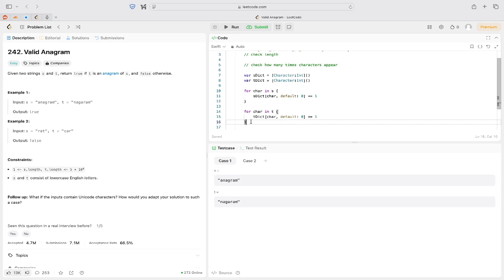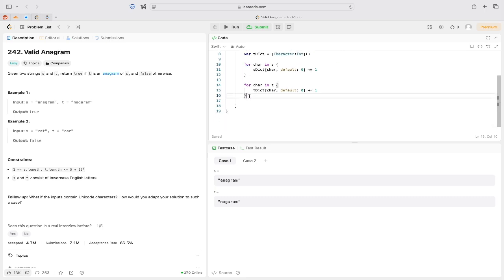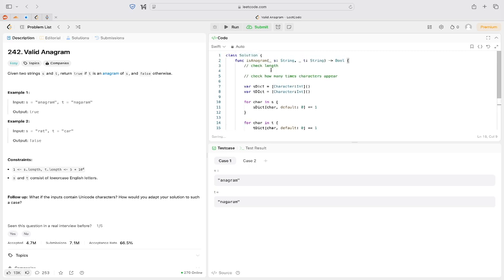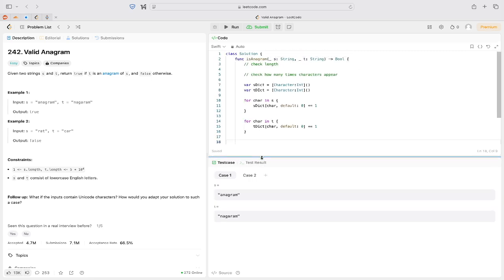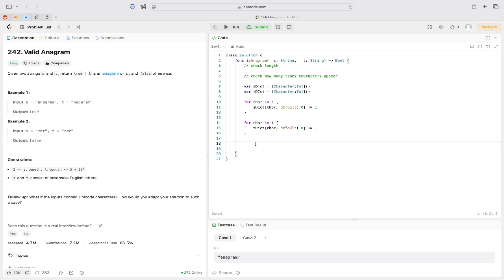Alright, so this is us iterating through each character in S and counting the occurrence of each character. So we're doing that for S and T. And then we just want to return the two. Because we're returning a bool, what we want to do is return s-dict equals t-dict. So if this is true,